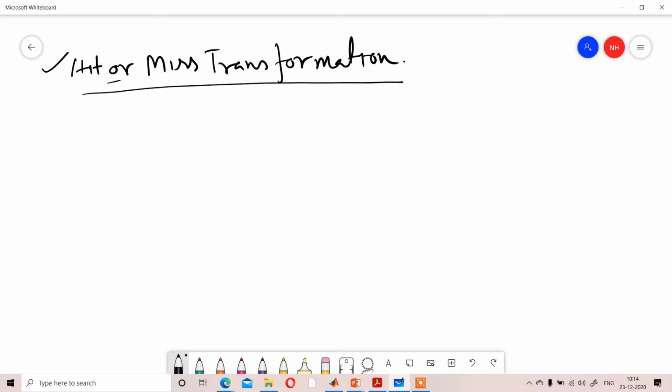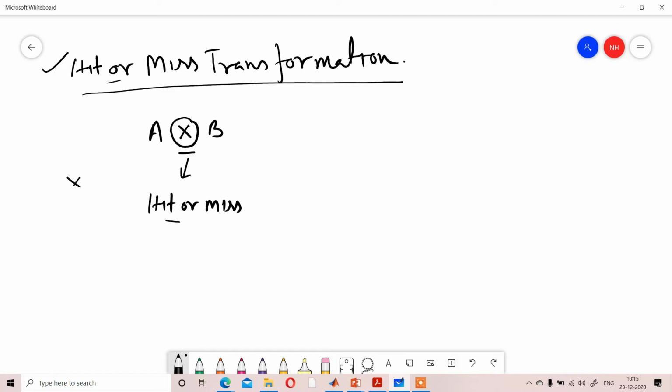Now the matter is how the process will happen. The process will happen by this formula. That is your hit or miss transformation sign.